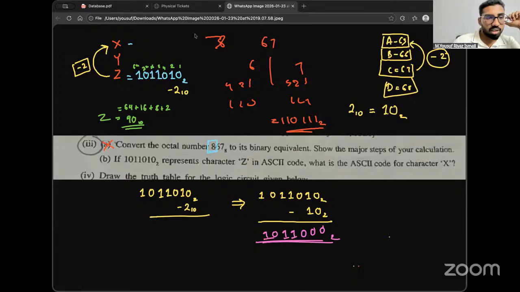Yeah, this is what I do. For example, you convert to decimal, you get 90 as Z. So if Z is 90, that means Y is 89, X is 88. And then you can say 88 is equal to,